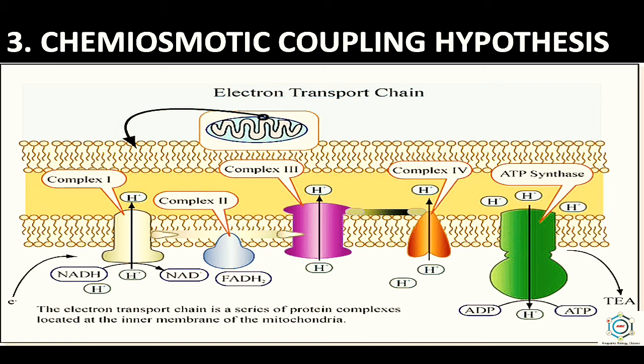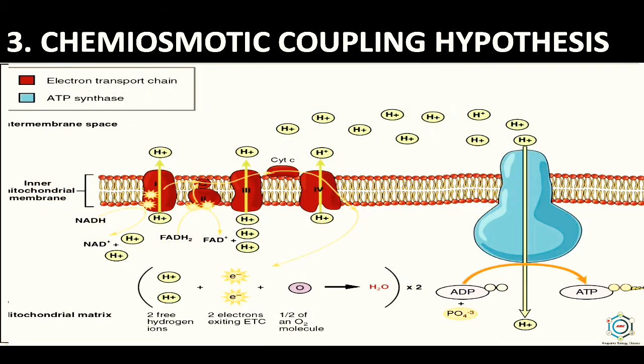The pH of the outer surface of the inner mitochondrial membrane lowers considerably due to the concentration of net positive charge. Thus, a pH gradient is generated across the inner mitochondrial membrane. The outward pumping of hydrogen also generates a proton concentration gradient across the membrane. The pH gradient and the proton concentration gradient across the inner membrane build a proton electrochemical gradient. The proton motive force drives protons across the membrane toward the mitochondrial matrix.